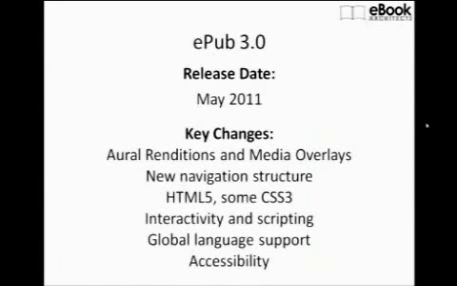I will say, just on this EPUB 3 issue, the release date for the specification is going to be in May, but we're not sure exactly how quickly it'll be adopted by the different reading systems or devices. So you may see Apple come out with an update to their iBooks platform within a month or two of May, after they get everything updated and they're able to support EPUB 3.